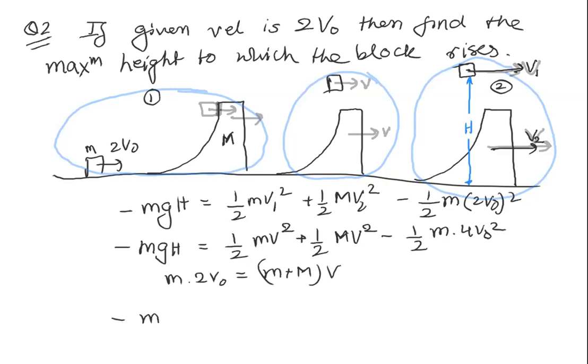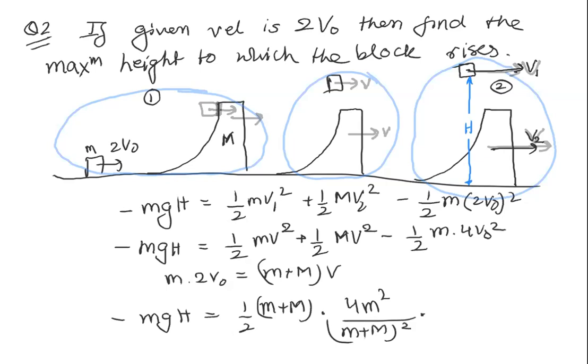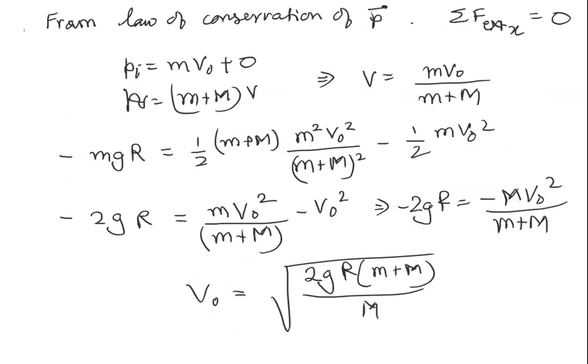Now I'm going to just substitute everything inside. So this will be half m plus M into v square. V square is equal to 4m square upon m plus M whole square into v naught square. So I don't want to write v naught square. I will write the value of v naught from here. I'll simply put in the value of v naught from here. So this will be equal to